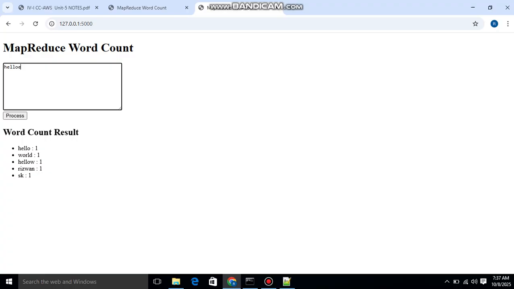One more time, I am giving similar words, let's check. Hello world, hello world. See that, two hello, two world, like that. This is the MapReduce app we developed with the help of Python and the Flask package. Thank you for your